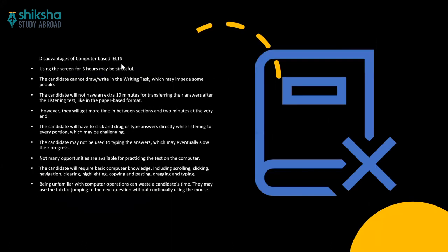Then the disadvantages of computer-based IELTS. Let's see what are the disadvantages. Using the screen for 3 hours may be stressful, especially for people with weaker eyesight. So do have a look at that point. The candidate cannot draw right in the writing section, which may impede some people. Okay. Then the candidate will not have any extra 10 minutes for transferring their answers after the listening test,